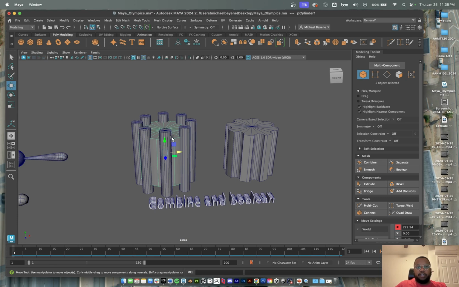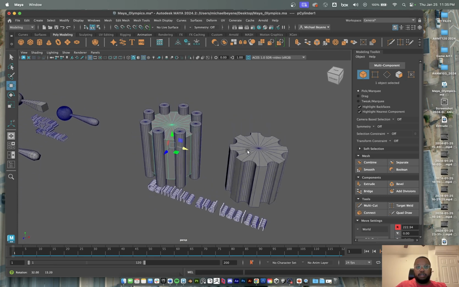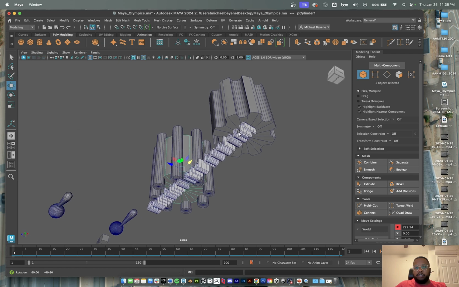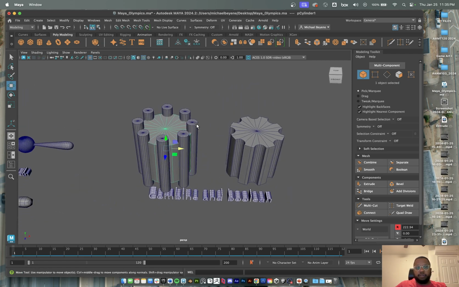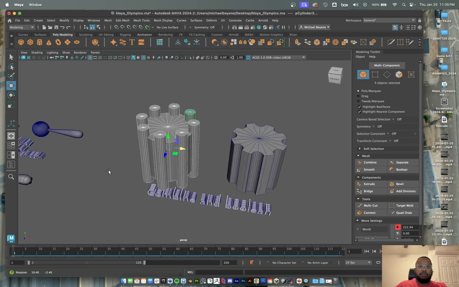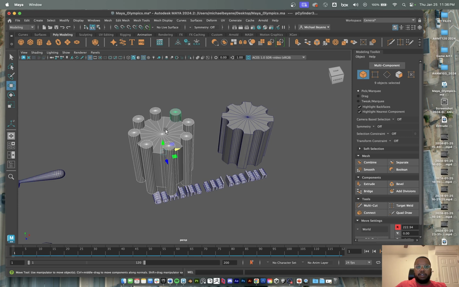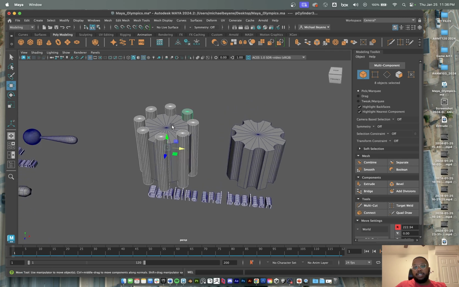So we got a cylinder here. We kind of want to make this shape. This is just, you know, further illustrating what you can do with Boolean. I thought this was a cool little example. So we have these cylinders here, and I'm just going to highlight all these, drag select, make sure nothing else is selected, and then I'm going to hold Shift and click, Shift and click to deselect that middle pyramid. I'm going to hit combine,